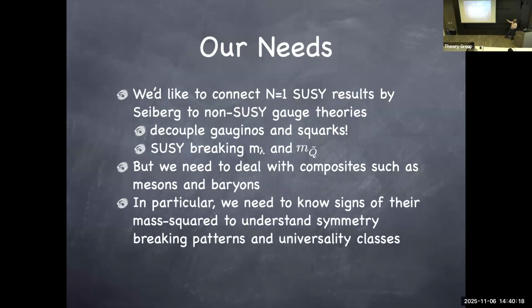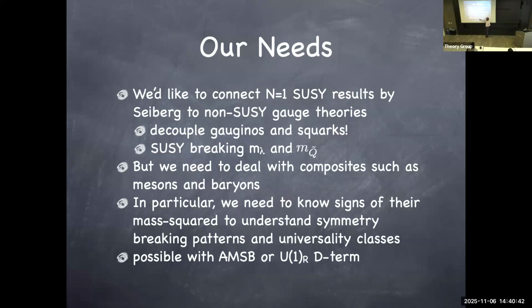And so we need to know, for example, what kind of sign of the masses the scalar fields would acquire. Otherwise, you don't know if the symmetry is broken or not. So you need to know this connection between the supersymmetry breaking in a UV theory to how they would appear in the IR. It turns out that there are two known ways of doing so.